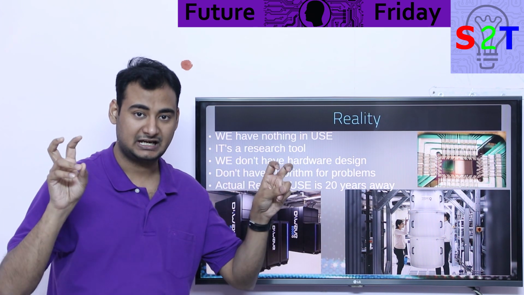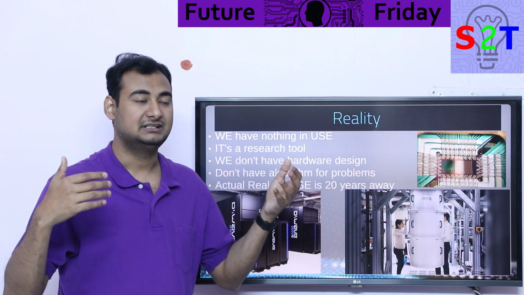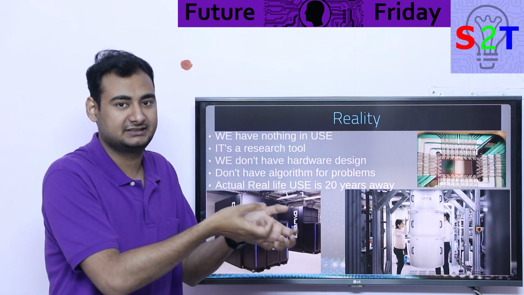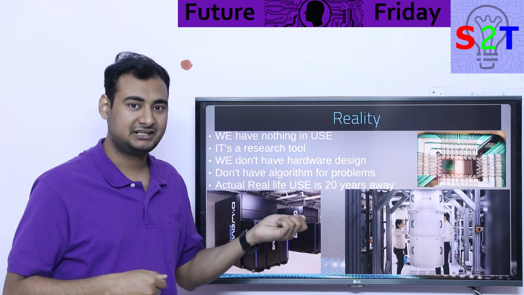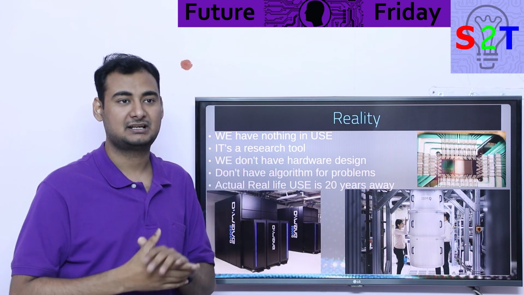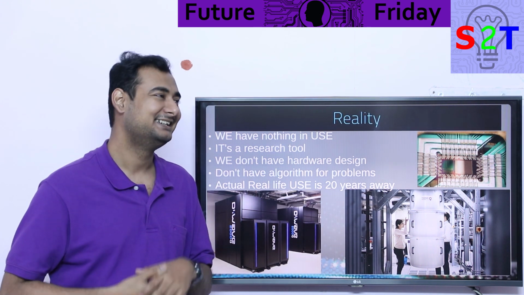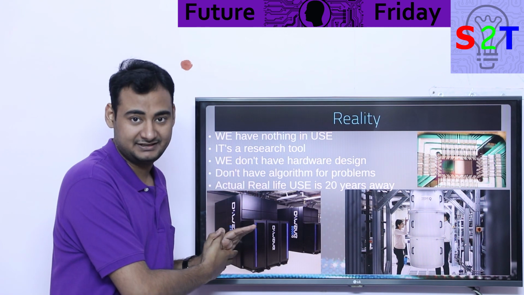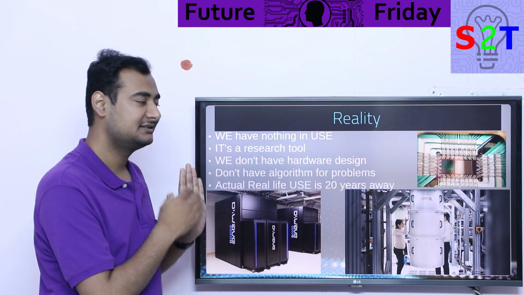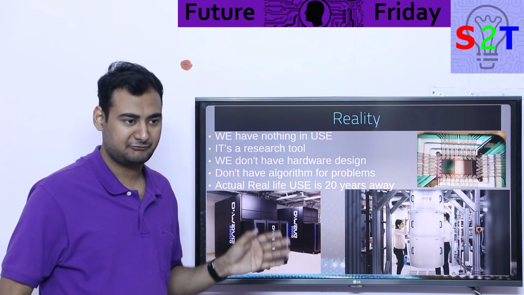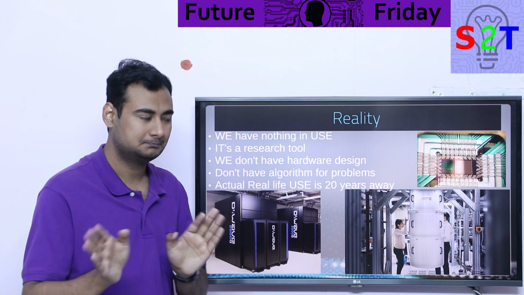It's like fusion reactor. When somebody says fusion reactor, it's not real. We do not have a fusion reactor. What we have is a tool that we're testing. Can we fuse material? Yes. Can we break even? No. Right now the record is, oh, we had stable plasma for 50 minutes. Oh, 50 seconds. So you can understand it is in the same phase. It's exactly stuck in the same place where fusion is right now. So we do not have a hardware design where we say, okay, this is how we're going to make it. Nope, we do not have.